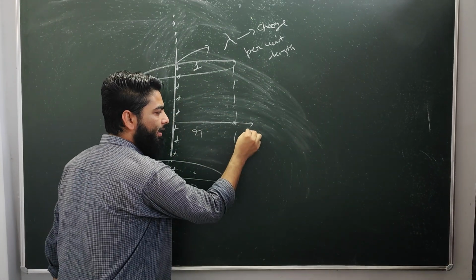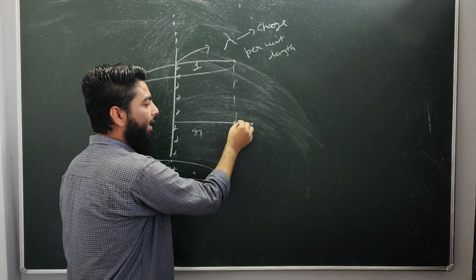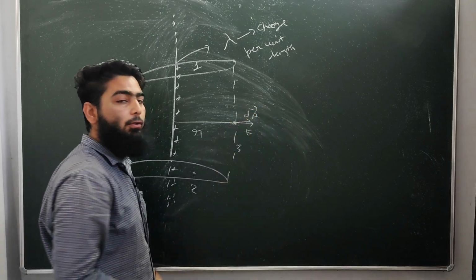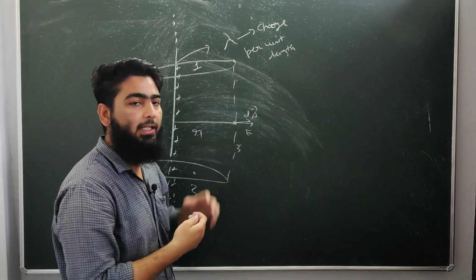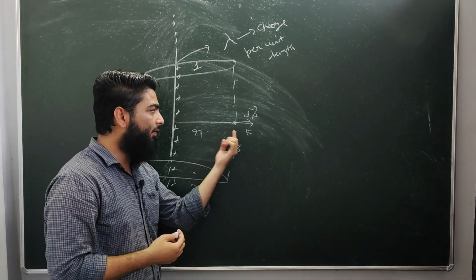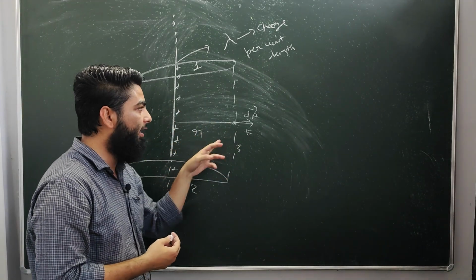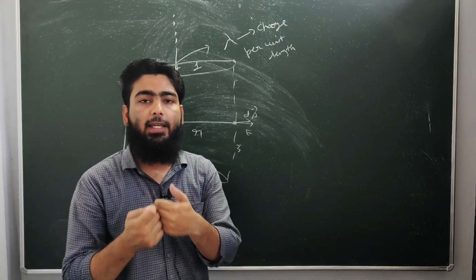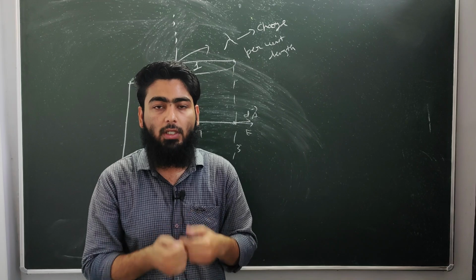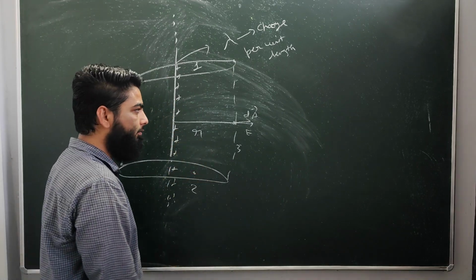So the electric field is, let's say, away from the source at this point, and the area vector is always coming out, dA. And when you integrate this E dot dA by applying the Gauss formula, you will see that the electric field is the same at every point on the curved surface because it is equidistant. Electric field due to point charges is kq by r square, so it is dependent on the distance from the source. So if the distance is constant, the electric field also becomes constant.